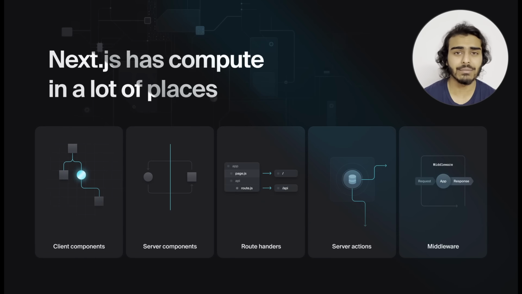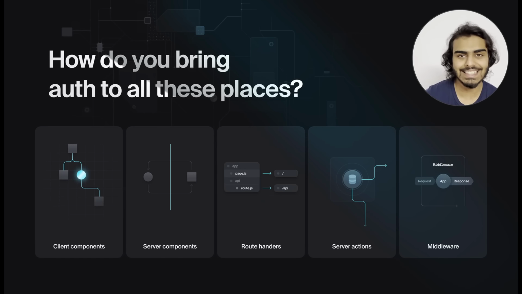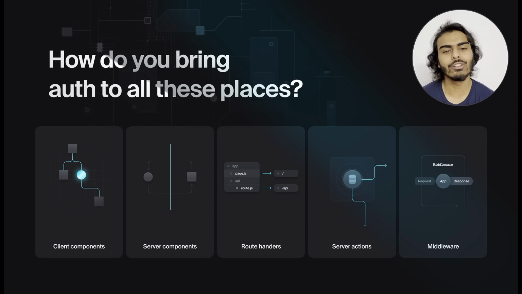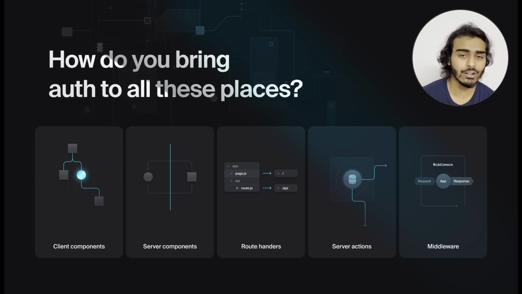There's a lot of places where you can put sensitive compute that needs to be behind an auth layer. You need to make authentication functionality and state available at all of these places to serve their specific use cases. You want to conditionally render client components, fetch user-specific data in server components, protect sensitive actions and routes, and you can put a lot of auth rules right in your Edge middleware so that an unauthorized request can get rejected right away and doesn't even need to hit the rest of your application. Doing this requires understanding of a lot of the framework APIs available, how they work in different target environments, and how you can build your own APIs on top of the framework that are simple and solve the use case.